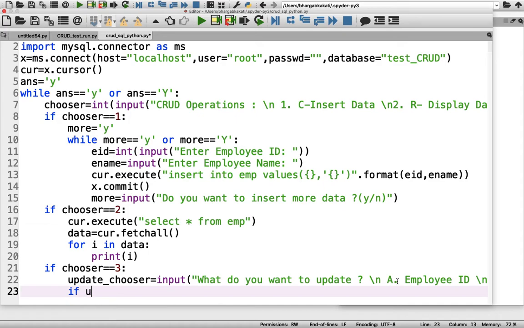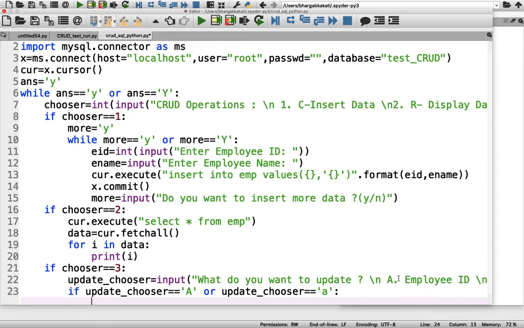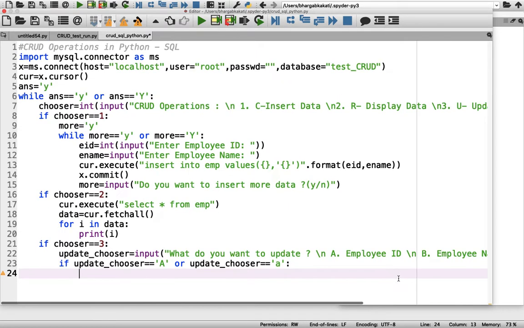So if update chooser equals capital A, or let's make it case insensitive, or update chooser equals small a. Now what will we ask here? We will ask what the user wants to update. A stands for updating employee ID. So what will we be receiving? We'll be receiving the old, or the original, employee ID.